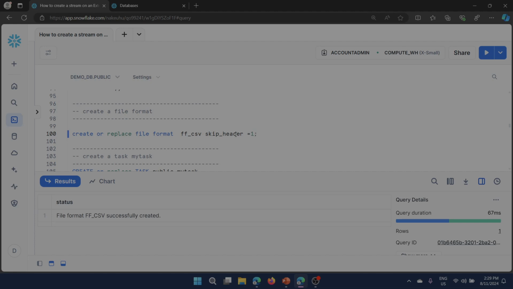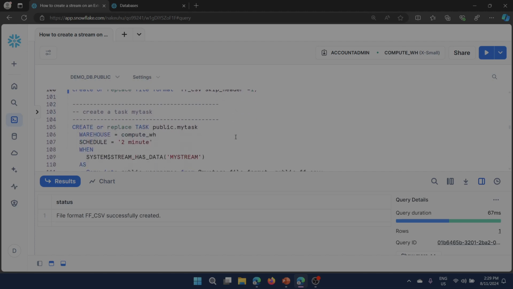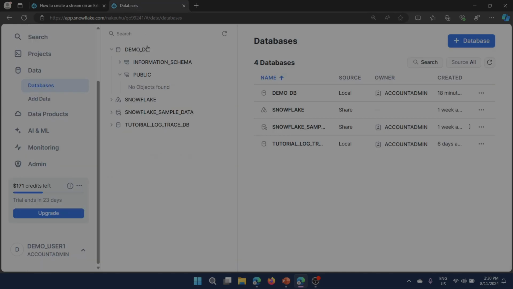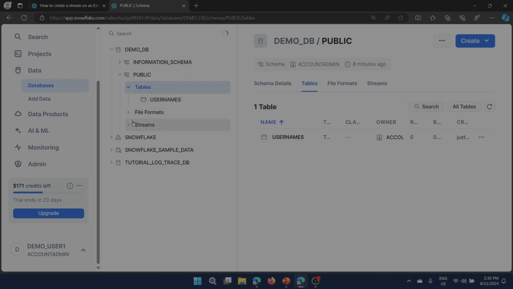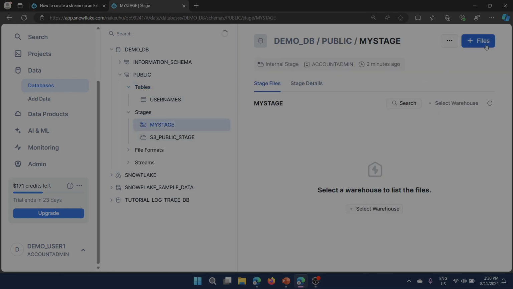In my file I have header information also, and I'm going to load the data by using the task, and we already created the stream. So how are we going to consume the data from the stream? Before that, let me load one or two files into the internal stage. Here this is the database name and public. Let me refresh. Just now we have created all the objects. Here file formats, stages. So here my stage, and let me